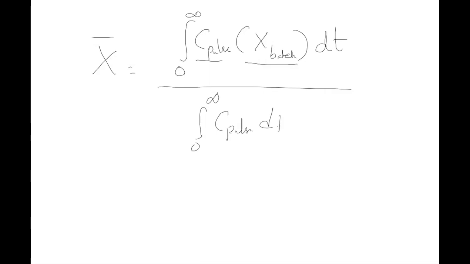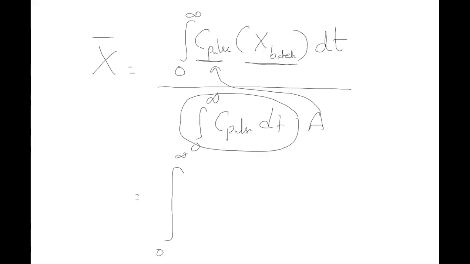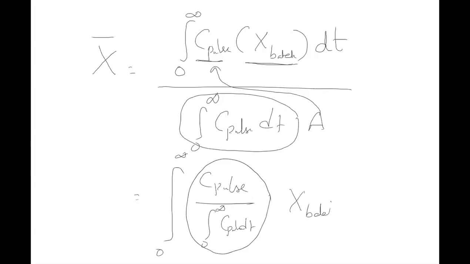This is what we have done previously. What did you do? 15 multiplied by its conversion, 20 multiplied by its conversion. The total sum, which is nothing but the integral, divided by the total number of particles. But this entire thing is nothing but the area under the curve, which can be taken inside this integral. Then what happens? The big integral of 0 to infinity, C pulse divided by A, and this small integral I am taking inside the big integral, 0 to infinity, C pulse into dt. Clear? Which is into x batch into dt. What is this? This is nothing but E, no?